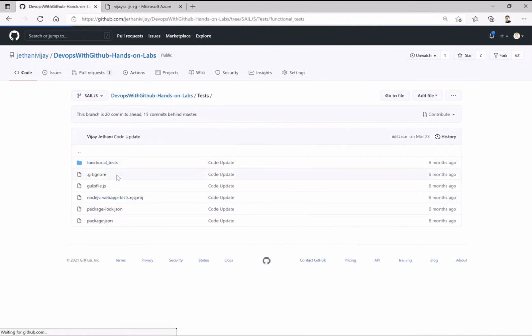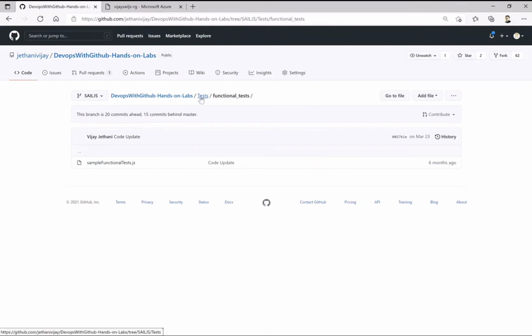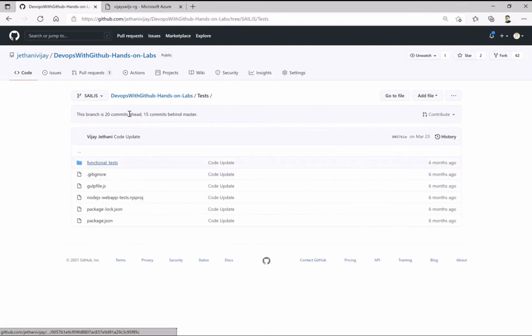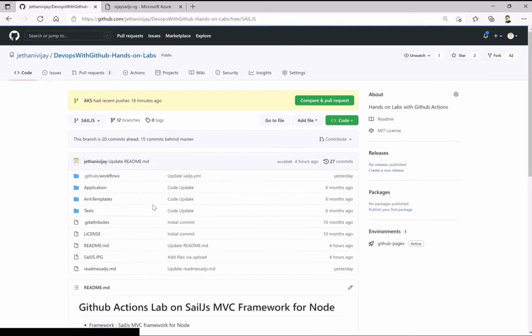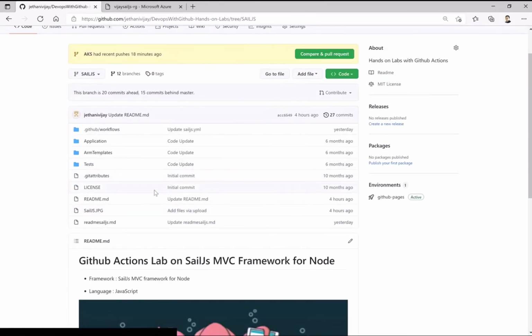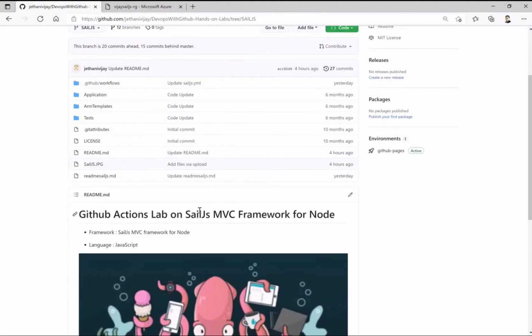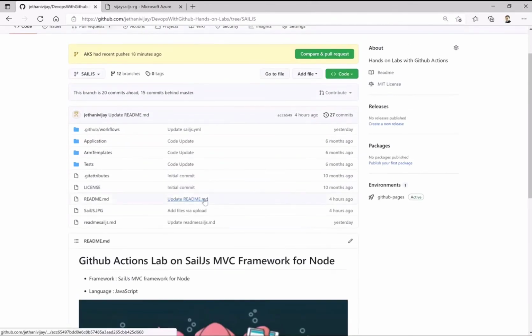These are some functional tests. Maybe you can include them in the workflows if you want to have functional tests on top of the running website. In the interest of time, I have not kept that, because this goes through a number of checks and you also have to complete these labs in 4 hours. So I purposely left that section out, but you can try it on your own if you have knowledge on that. Otherwise, once we complete this, we can run through it sometime during different hands-on labs.